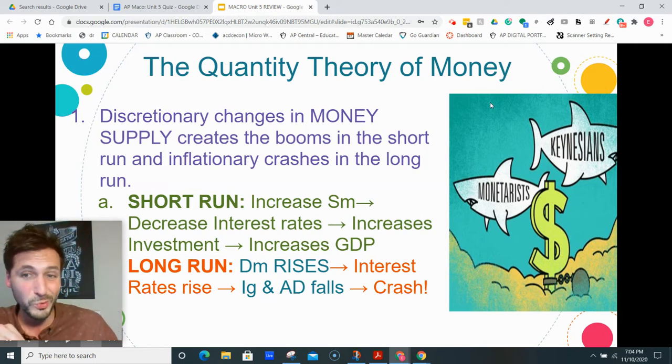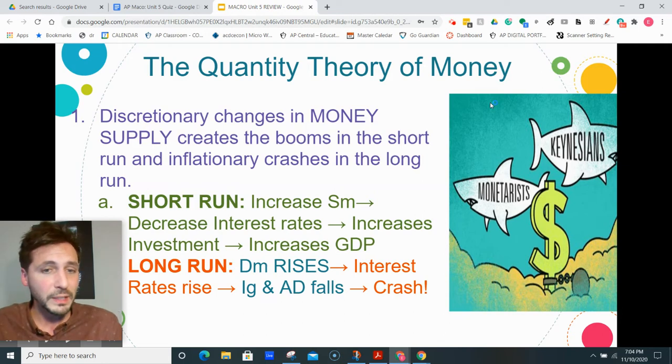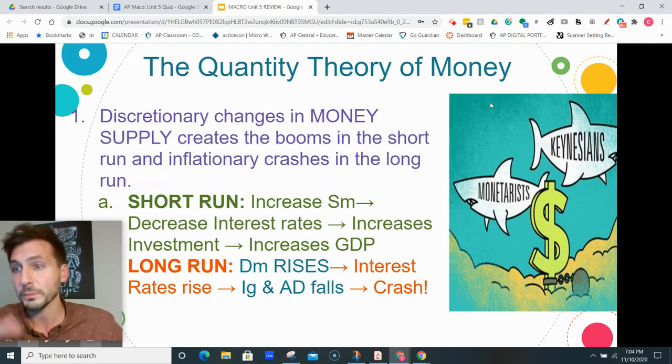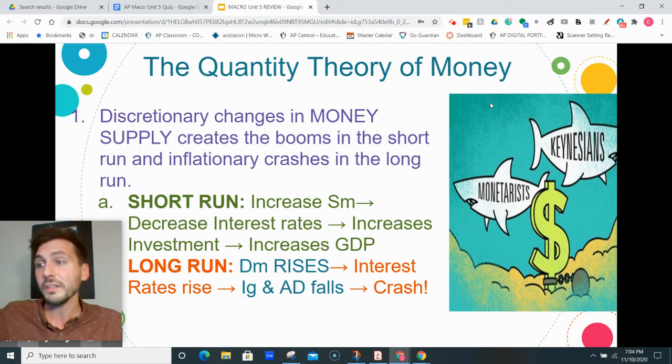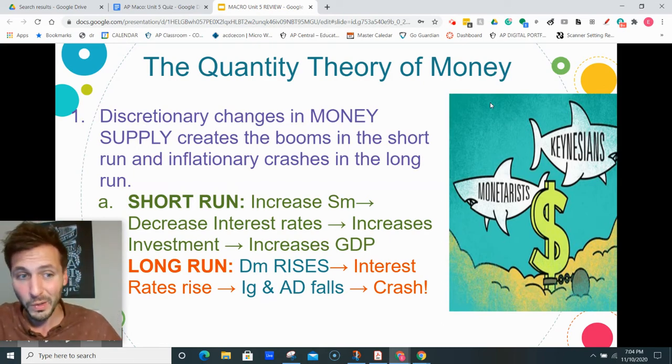And does the Federal Reserve respond to this? They just increase the supply of money again to offset that increasing interest rates and get us back to where we were. Done over a long period of time, this has the possibility of, in best case scenario, creating booms and crashes, making our business cycle worse. In the worst case scenario, it could potentially trigger hyperinflation as we continually push prices up, but GDP is not rising in the long run.